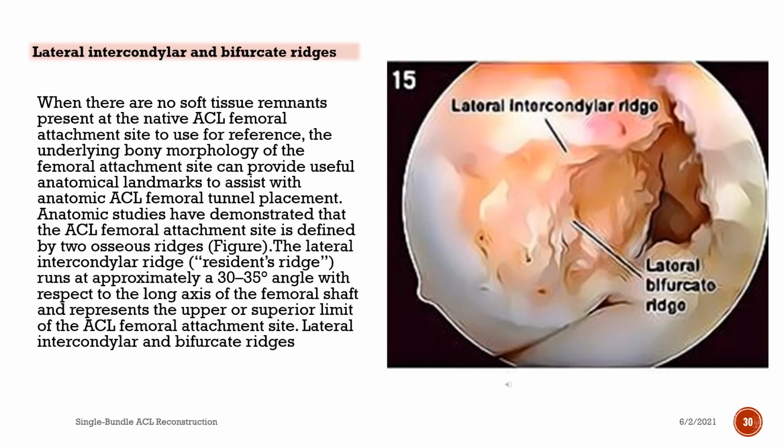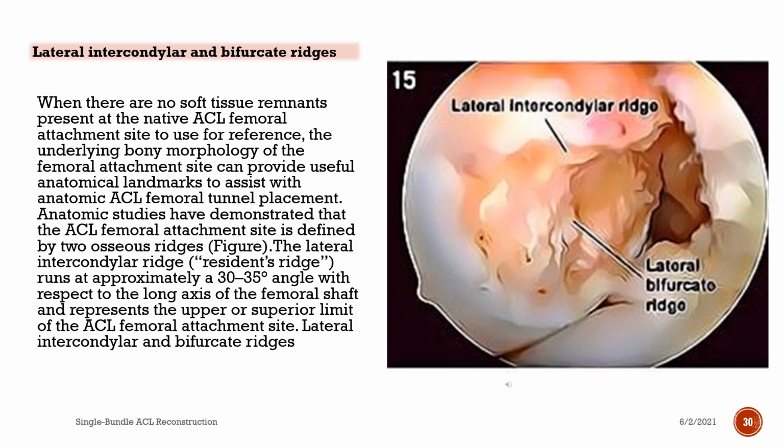attachment site. Lateral intercondylar and bifurcate ridges. When there are no soft tissue remnants present at the native ACL femoral attachment site to use for reference, the underlying bony morphology of the femoral attachment site can provide useful anatomical landmarks to assist with anatomic ACL femoral tunnel